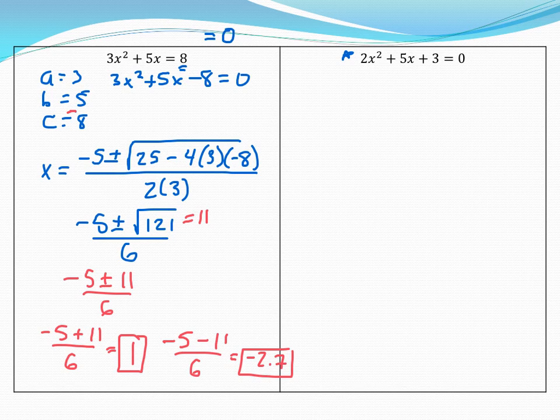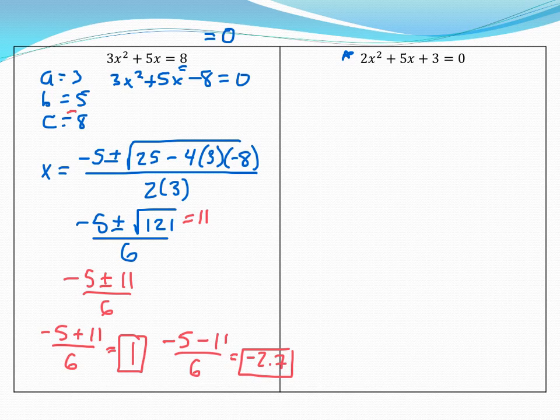Okay. Now, again, we couldn't factor this. In this case, we get one whole number, which is nice, 1, and then we get a decimal here, which would have been difficult to get. You actually do get kind of a nice number that we actually could have factored this one, but instead we're using the quadratic formula. All right, I want you guys to pause the video right now and do the third example,